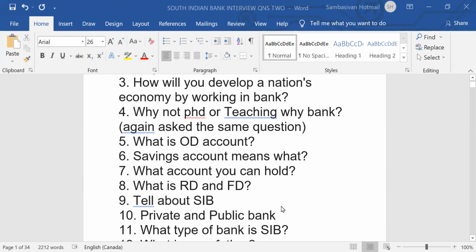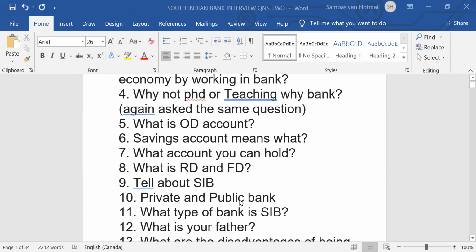Recurring deposit is one which is opened for say 6 months to 10 years. You have to remit the same amount every month. At the end of the period, the bank will pay you not only the principal amount remitted by you, but also the interest. But nowadays you have variable deposit schemes also, whereby initially you open for 500, later on after 6 months or so, you can revise it to 100,000 rupees and all. But that is far away, that is not required for you.